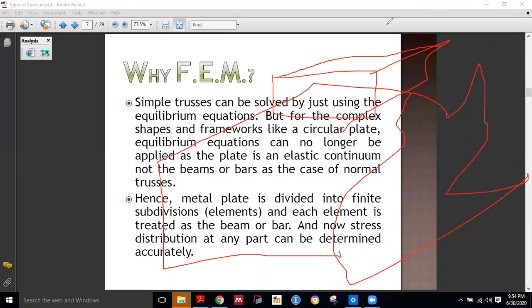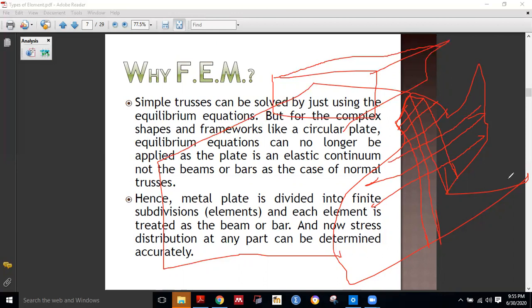For that purpose, we have to divide this given part into a number of elements. So I will divide this. I can make it a rectangle, again a rectangle. This will be a triangle. This will be again all rectangles. Likewise, we can discretize the given structure into a number of parts, the shapes which are known to us.